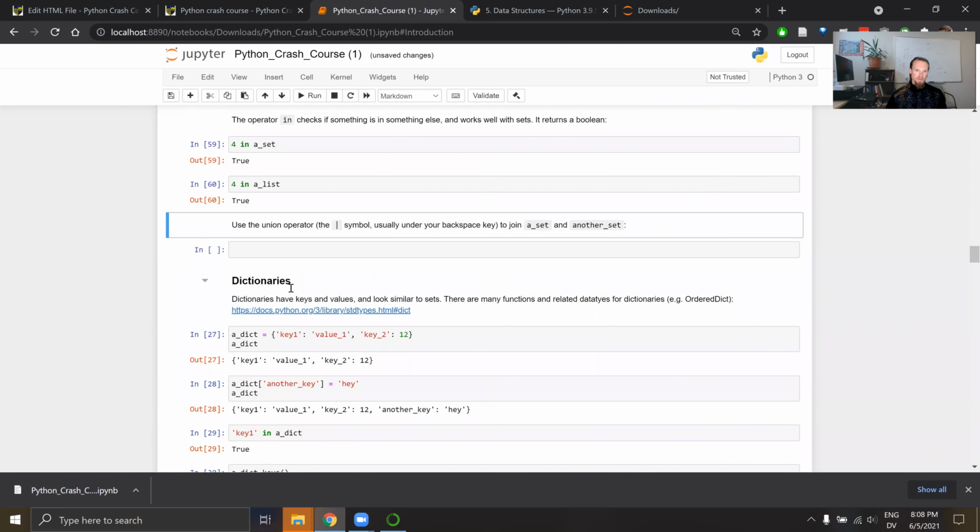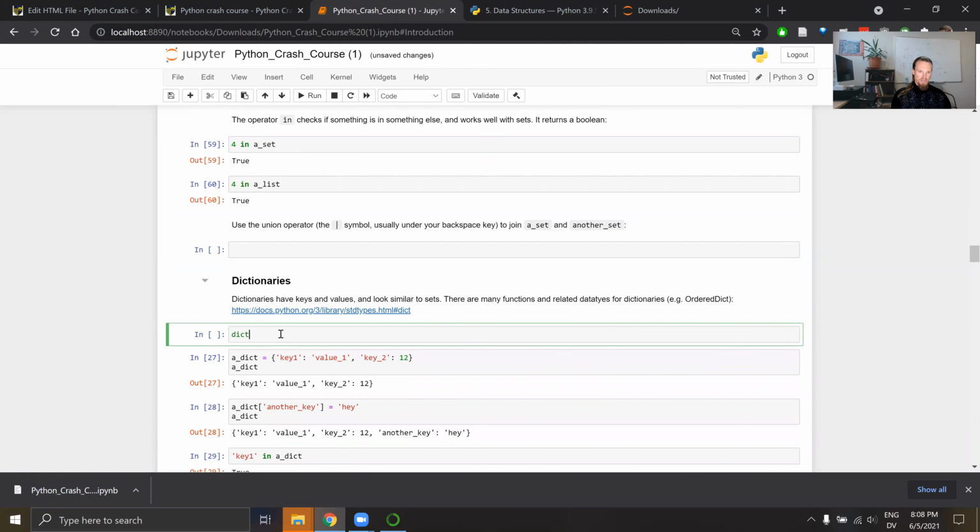So building on sets, we have dictionaries. A dictionary holds pairs of keys and values. And we create it similarly to a set. We can either use the keyword dictionary, where we have,